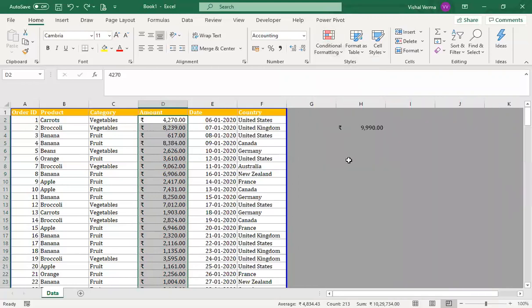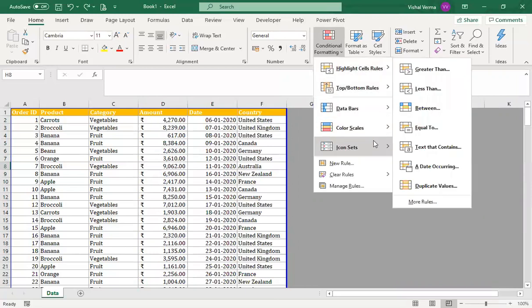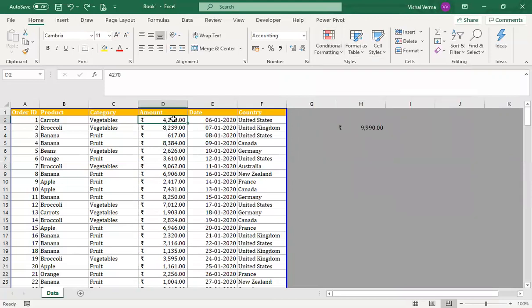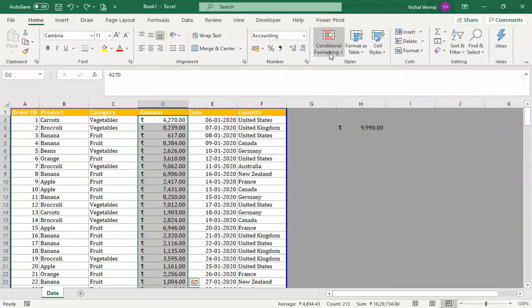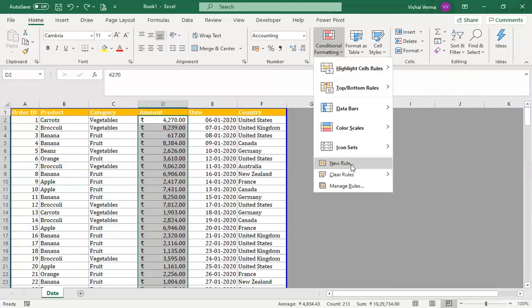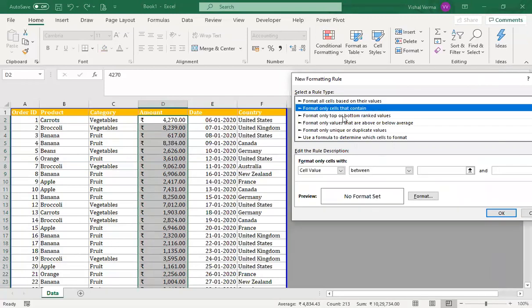Now if you are not using these inbuilt features, what you can do is select the cells in which you want to do the formatting, or a single cell, and select the new rule. There are n numbers of options available with formatting rules, such as formatting cells based on their values, or cells that contain.